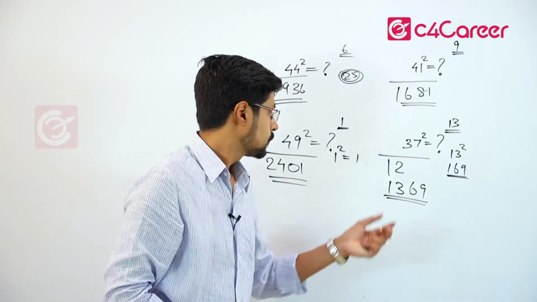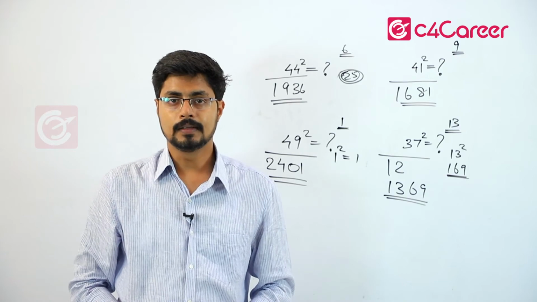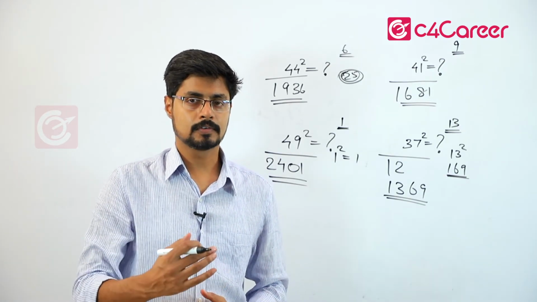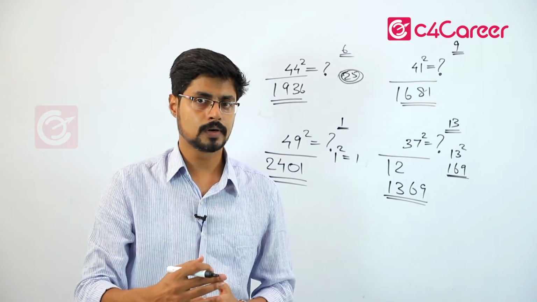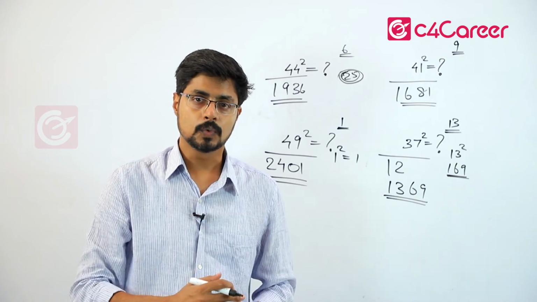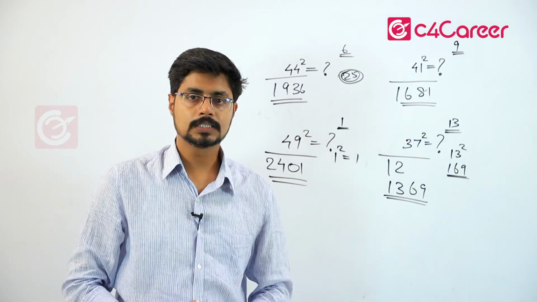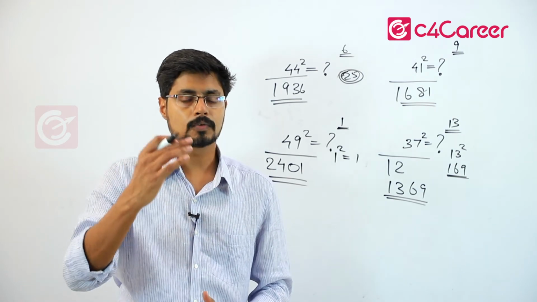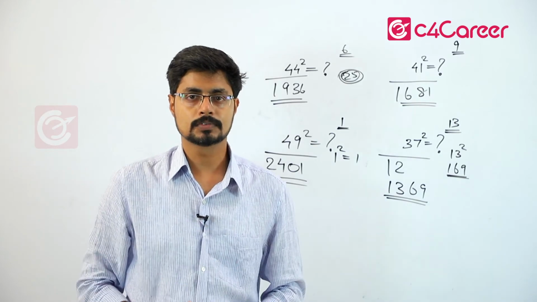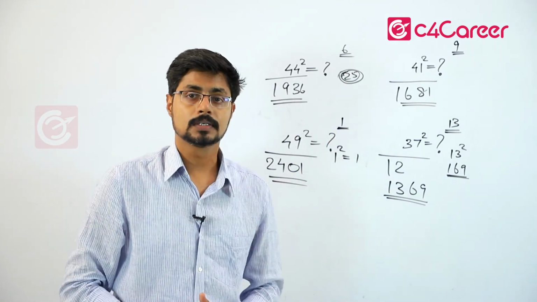So this is how we do the squares of numbers in the range 25 to 50. I hope you understood. You can revise all the parts from first to fourth. So we have covered the squares of numbers from 125 to 100, then 100 to 75, then 75 to 50, and then 50 to 25. So this same method, with a little bit of variations, we can apply, and we can mentally calculate the square of all the numbers. So in the next part, we will look at the squares of numbers from 1 to 25. Hope you were able to understand this very well.